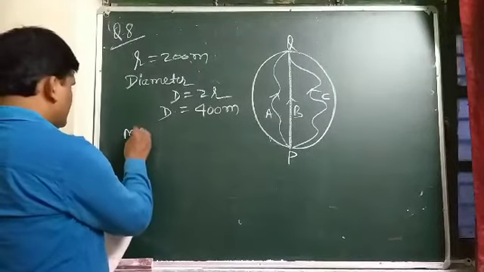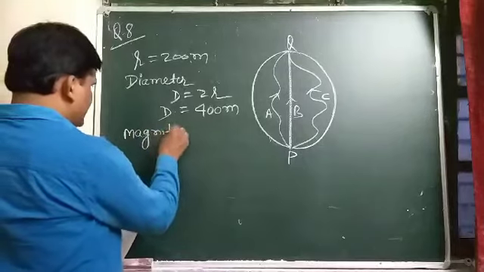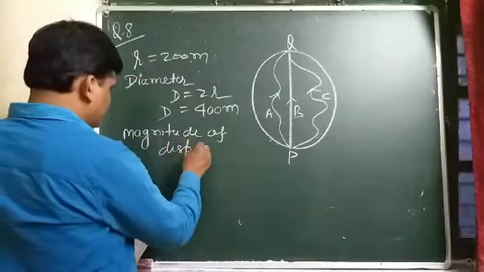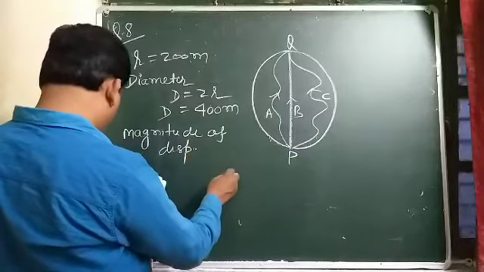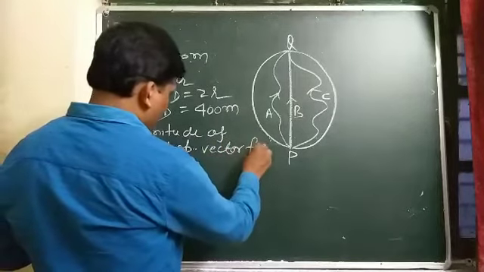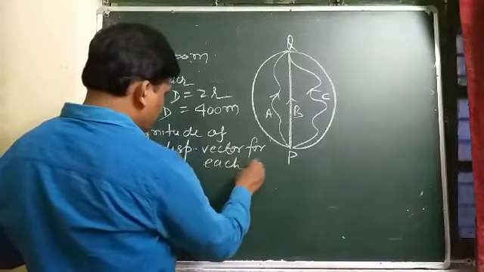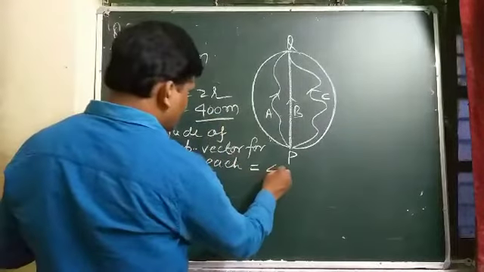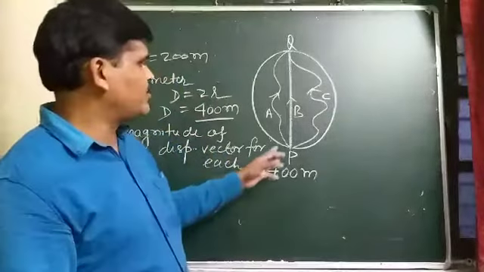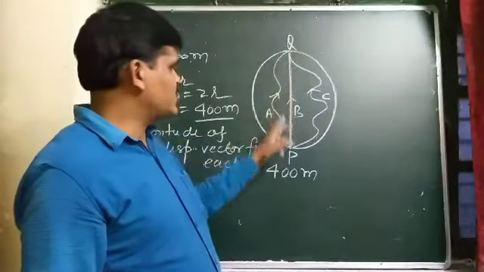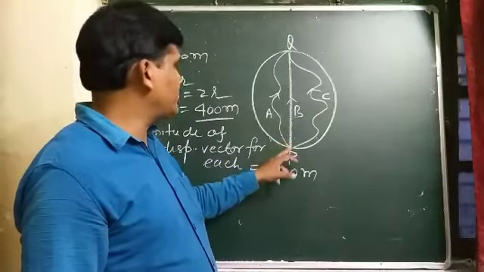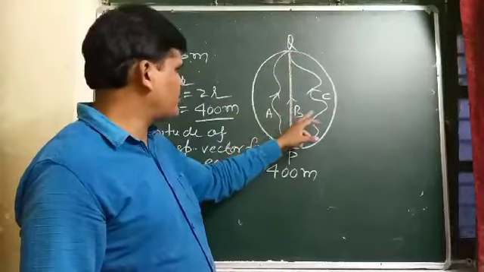So magnitude of displacement vector for each student, that is what? 400, because displacement does not depend upon the path followed. So 3 girls starting from P, skating from P to reach at Q by different paths A and